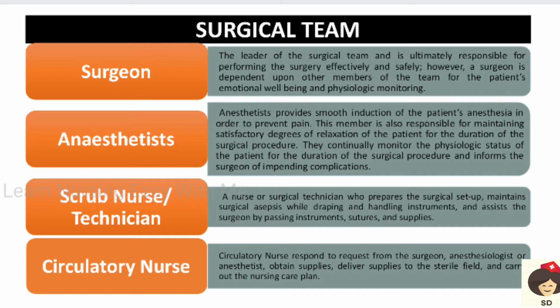Okay, and then the surgical team. So there are surgeons, who are the persons doing the surgery, and anesthetists, who induce the anesthesia so that the patient will not have pain during surgery. They are responsible for monitoring the satisfactory degree of anesthesia given to the patient, and also they will watch for any complication and advise the surgeon regarding the patient's prognosis. And there should be a scrub nurse, a sterile nurse who assists the surgeon in passing the equipment and instruments, and also helps in draping and other procedures.